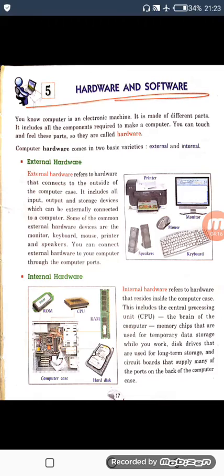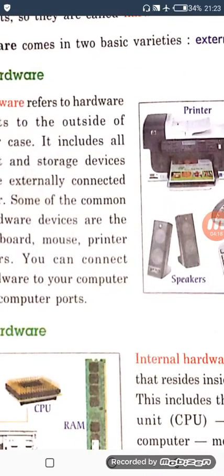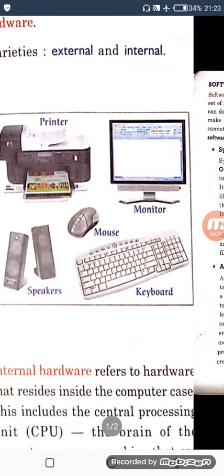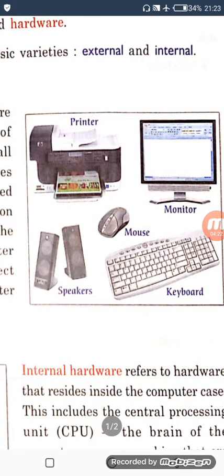What is external hardware? See this. These are the external hardware. Why do we call them external hardware? Because the whole structure of this hardware can be easily seen by us. They can be easily placed on a desk or on a table. We can easily see their structure, how they look, and what material is used in making them.